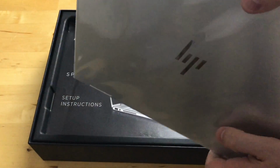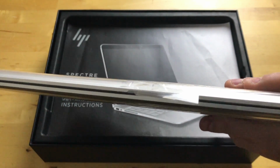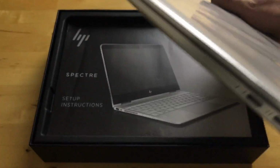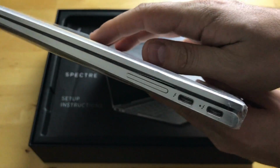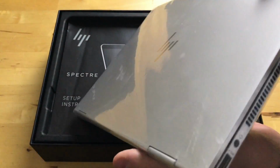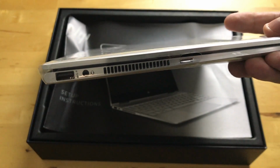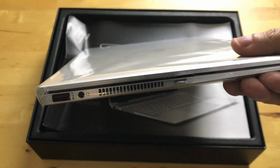So here we have the laptop. You can see how thin it is. It is thinner than last year's model. It charges through USB-C, which we have right here. We have two Thunderbolt 3 ports. Okay, and then we have one USB Type A port for legacy stuff, 3.5 millimeter headphone jack, so it does